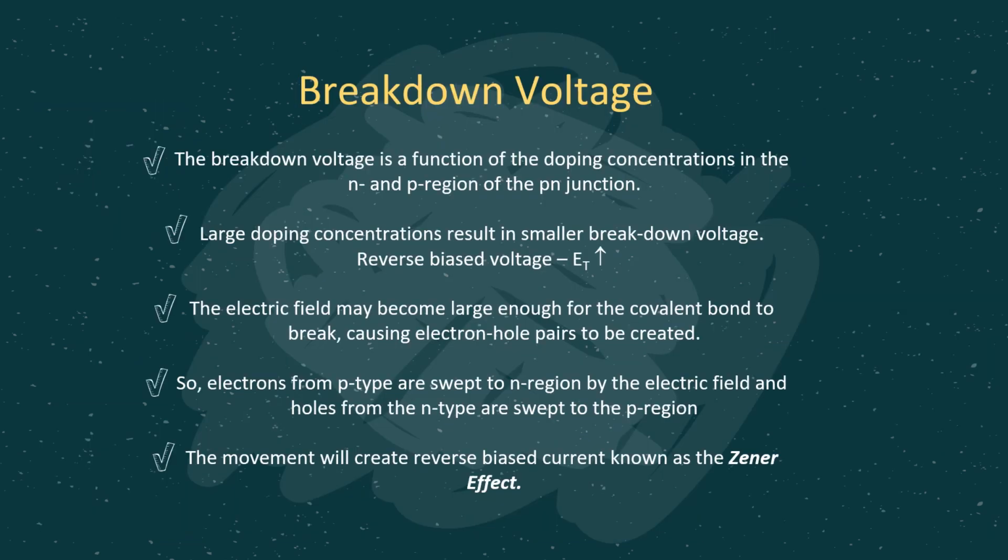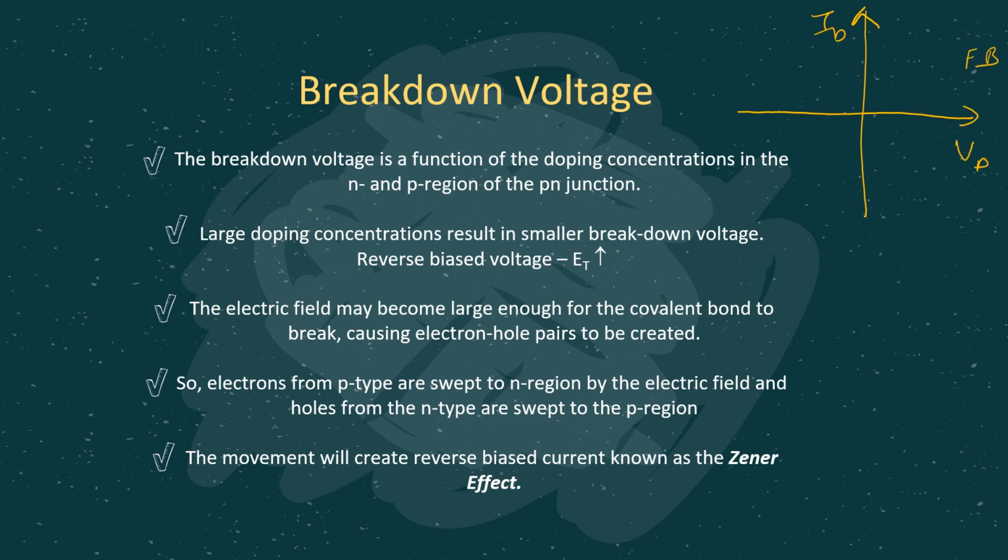Actually, the fifth diode that we need to consider is called the Zener diode. But before that, we need to understand one concept related to the Zener diode. It is called breakdown voltage. If you can recall, when we have the IV characteristic of a diode, ID versus VD, at the forward